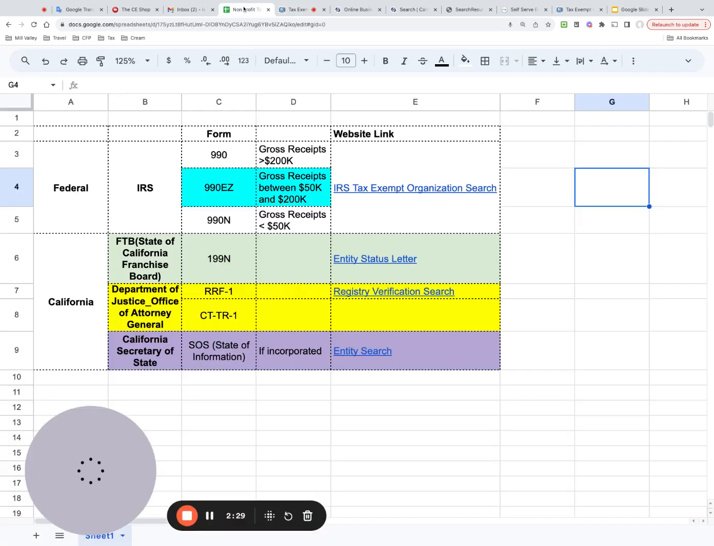All right, back to this page. We have done federal, the first step. If you operate in your state, you also need to file state-related documents. For example, if you are in California, you need to file with 3 different